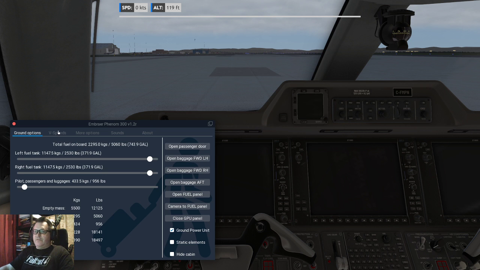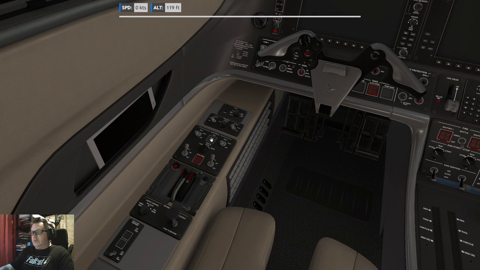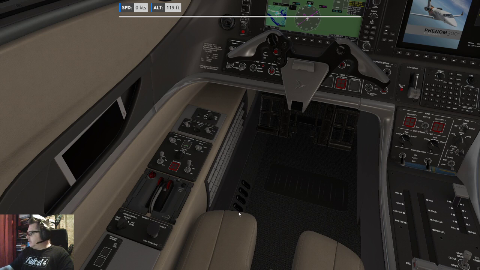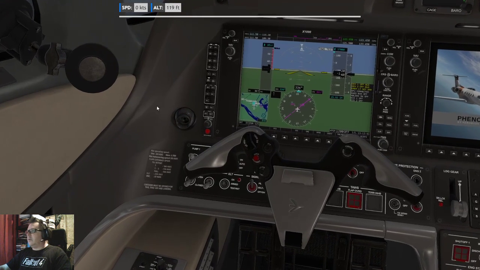Got plenty of fuel. And we'll do VSPs a bit later. All right, let's turn that baby on. All right. That's cool. I'm just gonna move my phone a bit further. All right.